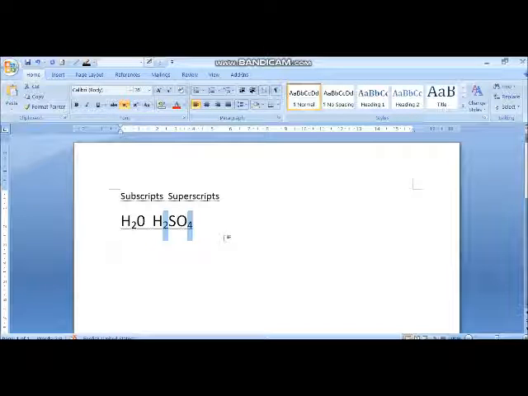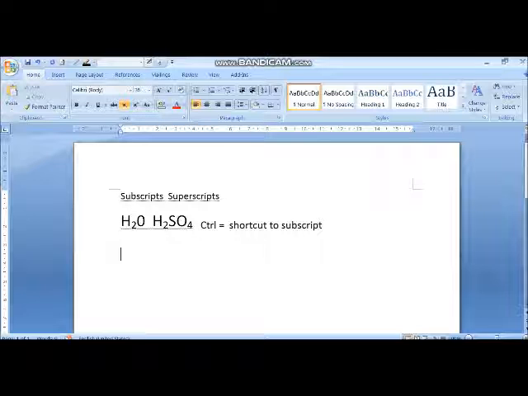I am going to undo. Again I am going to press Control and equals. I have pressed two keys together from the keyboard. Which two keys have I pressed together? Control and equals. These two keys I have pressed together, so the text will become subscript. So this is your shortcut. Control plus equals is your shortcut for subscript.